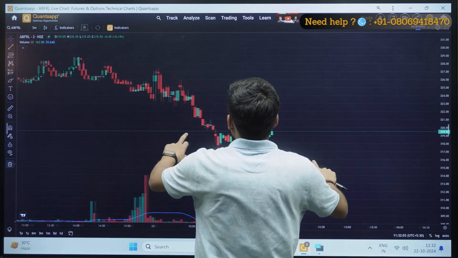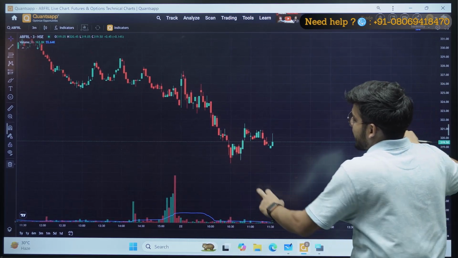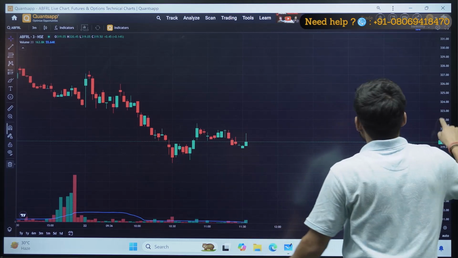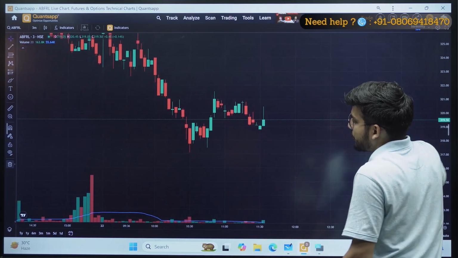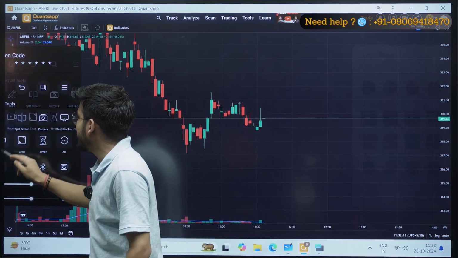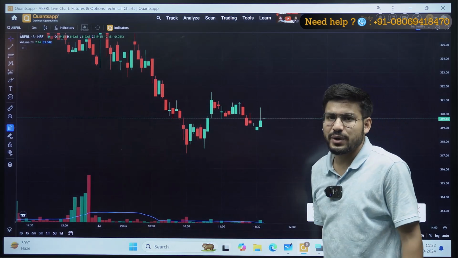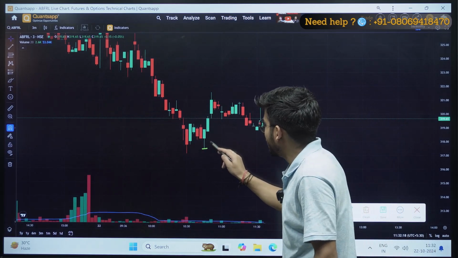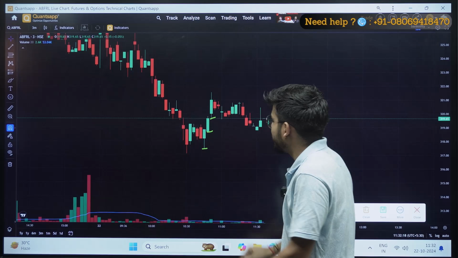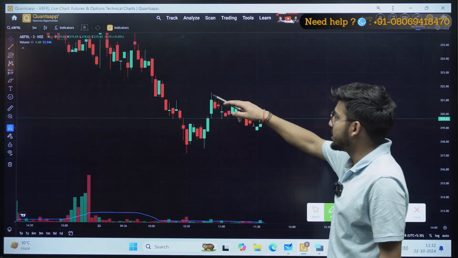Our current market is here, you can see, and definitely here I have something for you. You can see my market was in uptrend from here to here. There were 3 very good candles. These candles are good in nature. Why? Because the low of every candle is not breaking the previous low, which is a good thing for me. So this is a strong movement in the upward direction.